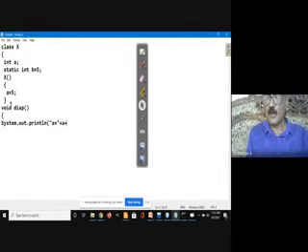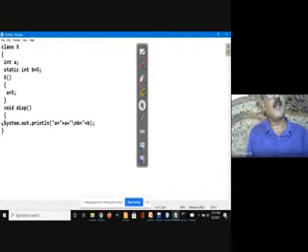I am trying to print both the non-static value A as well as the static value B, here plus B. So this is a street dog. I'm trying to push this a little inside so that you will have better clarity.